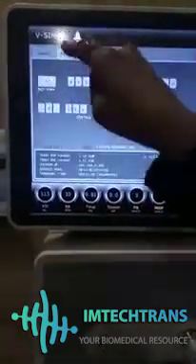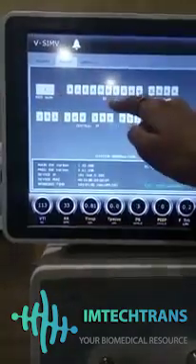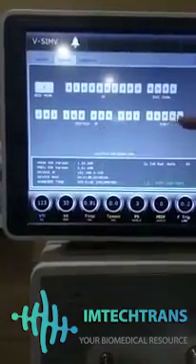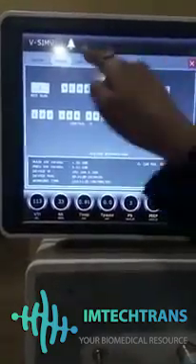Now let's come to the patient. So you can add the patient ID, bed number, ID, SVC code, central IP or port also. So all the patient's information you can save from here.